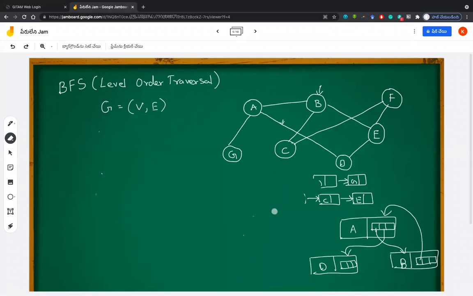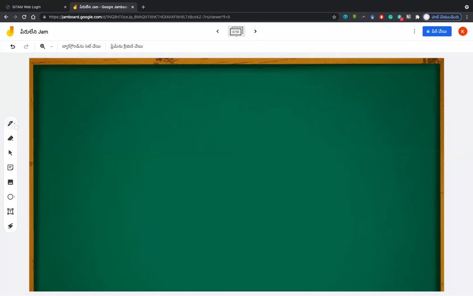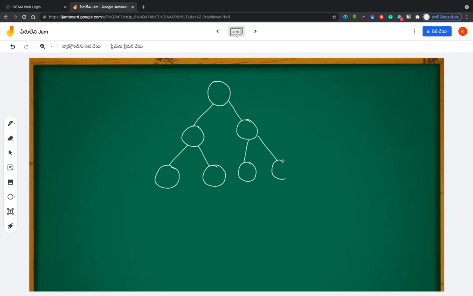Now, breadth-first search is called a level order traversal. Why am I calling it a level order traversal? So actually coming to trees, a level order traversal can be like this. For example, I have a binary tree like this. I have these representations.